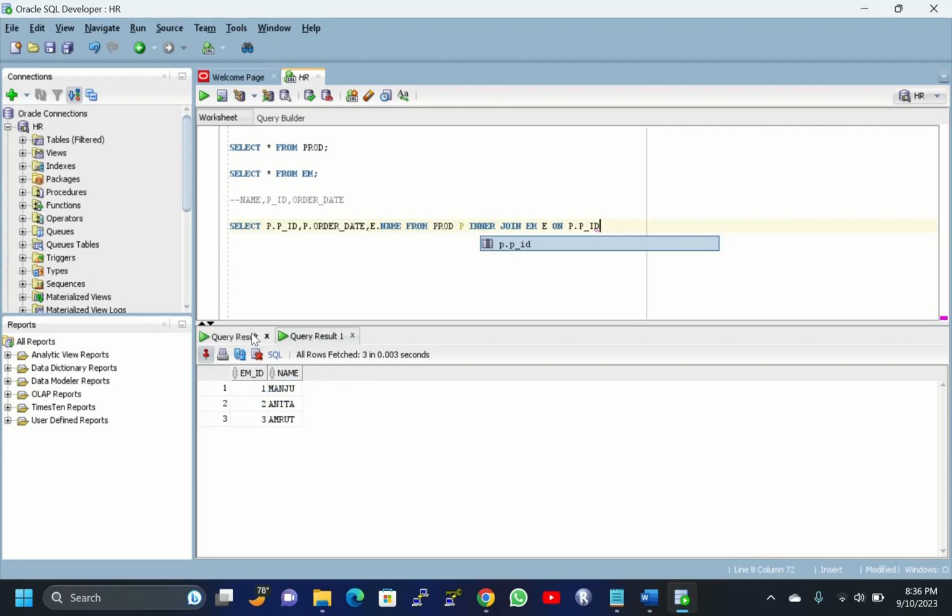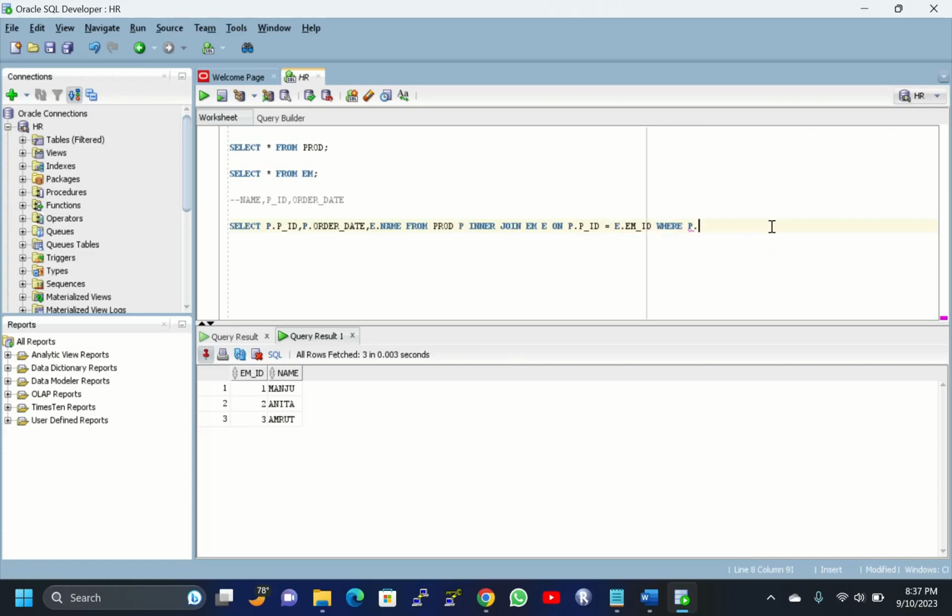From this table em_id and from the other table p_id, you are taking as common records. So I'm writing the condition on p.p_id is equal to e.em_id,